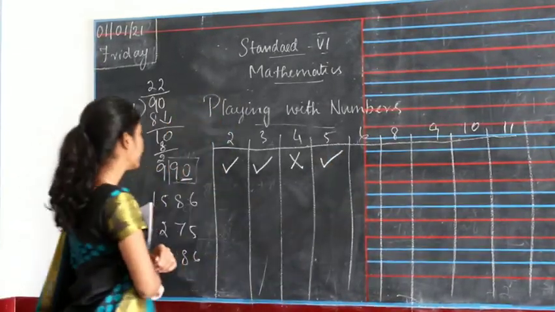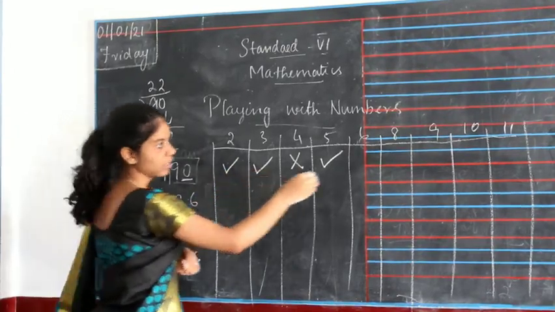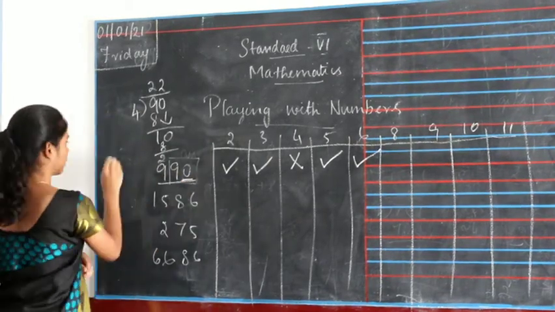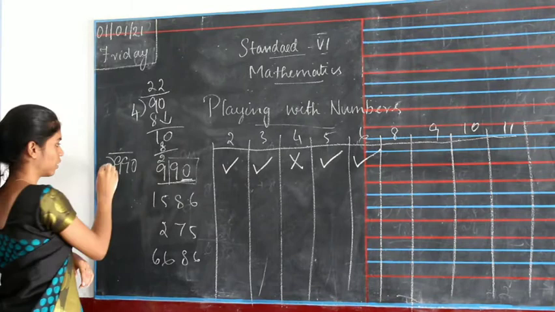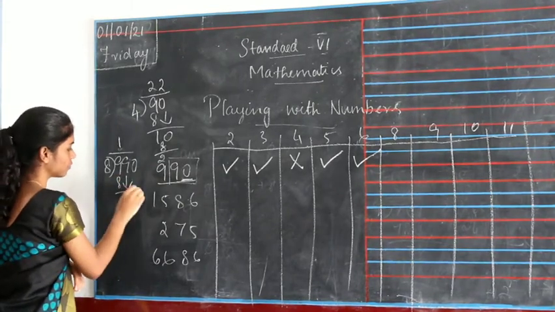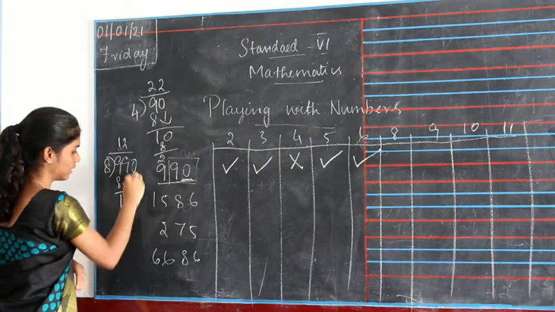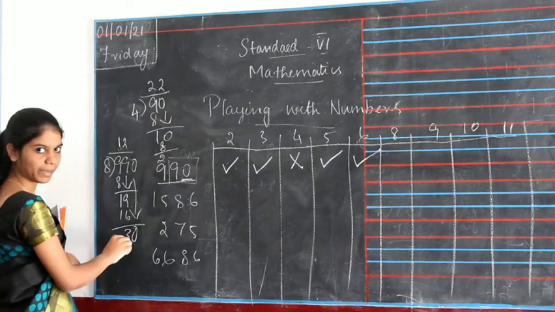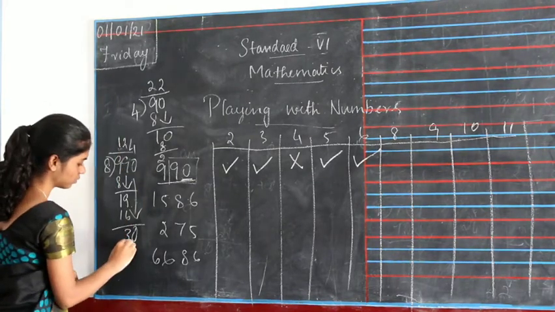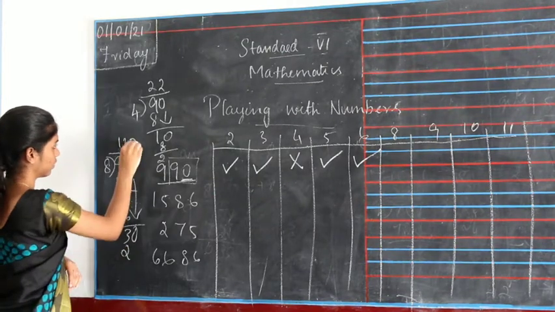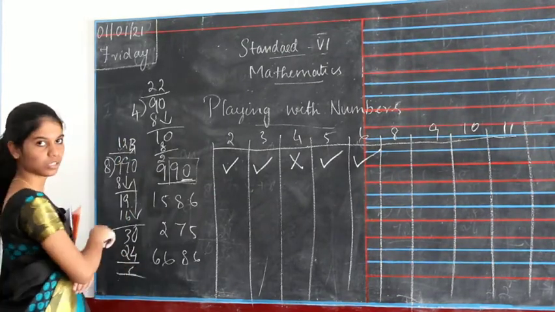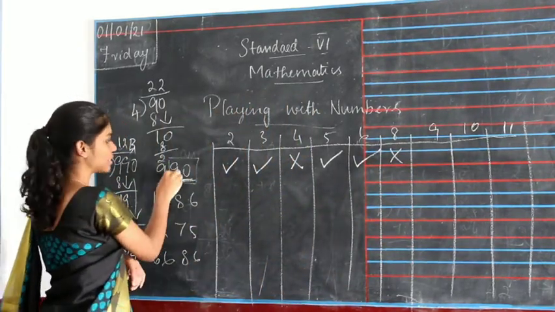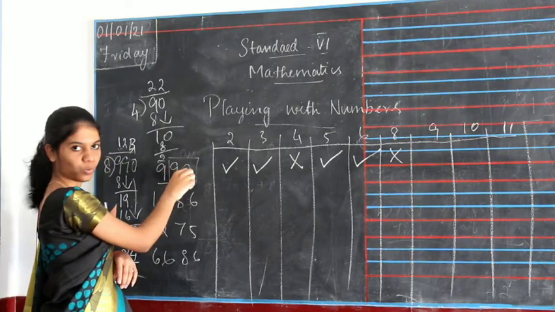And then for 6, it should be divided by both 2 and 3, then yes. And then for 8 you have to find it in the normal way. So 9, 9, 0, 8 1s are 8, 1, 9, 2s are 16, 9 minus 6 will be 3, 0, this cannot be divided, so 4s are 24, 6. So this cannot be divided by 8. And then for 9 you have to add, right? So 9 plus 9 will be 18, 18 plus 0 will be 18 only.